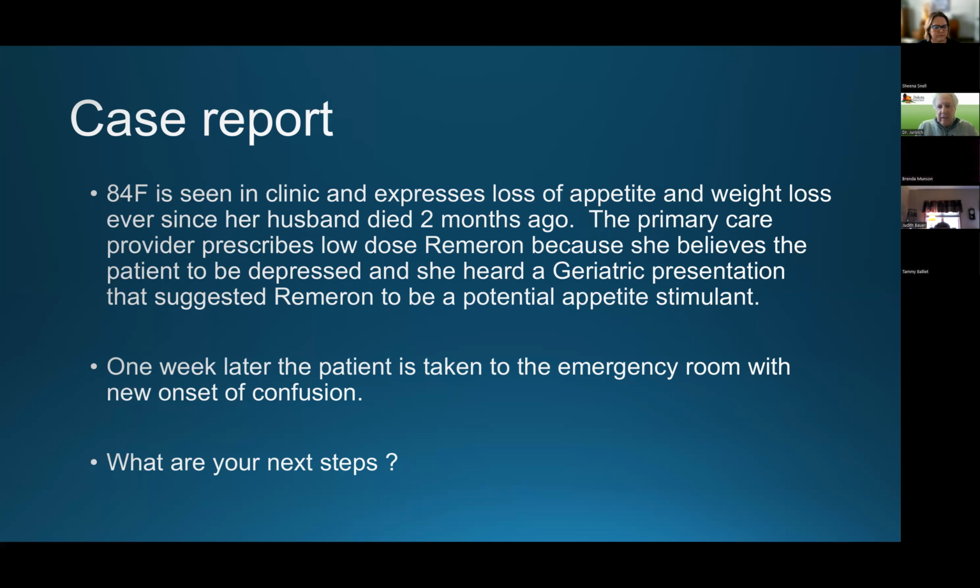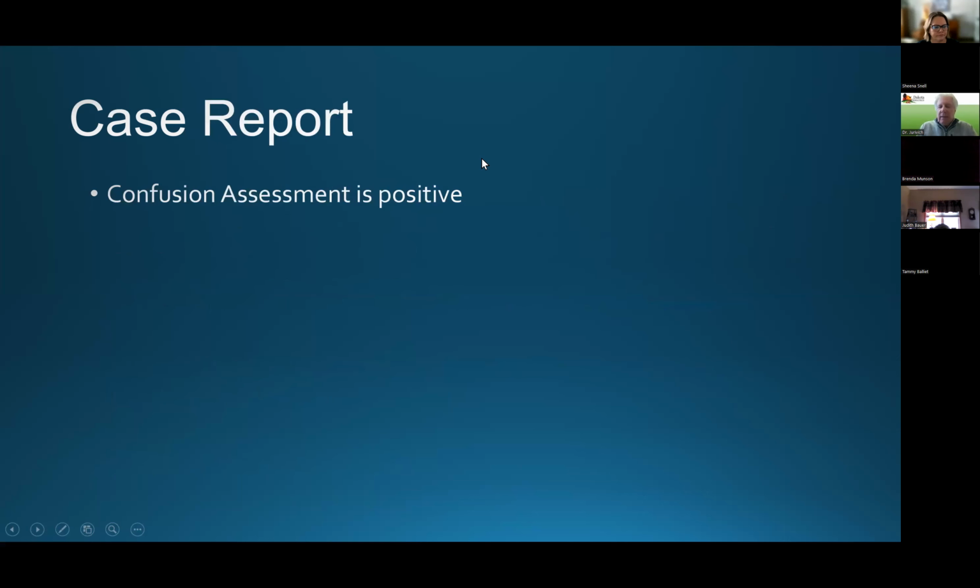And so that's exactly what this patient had. So thank you for offering those thoughts and how to work this patient up. So let's see if I can. Nope. There we go. Yeah, so the confusion assessment test was positive in this patient, and she had low serum